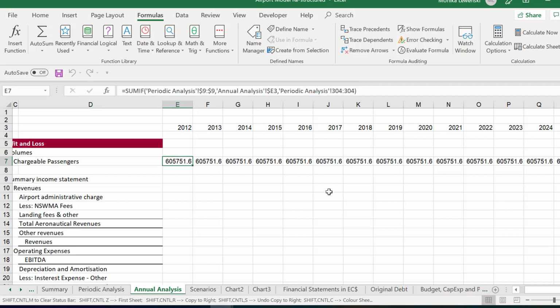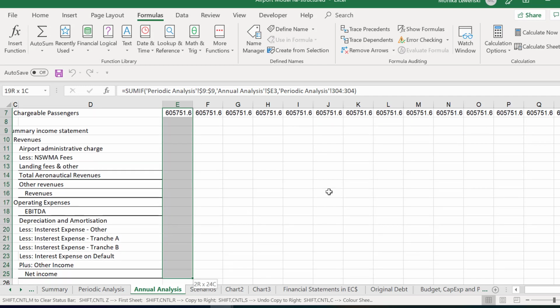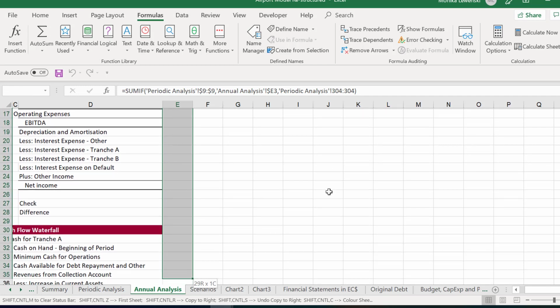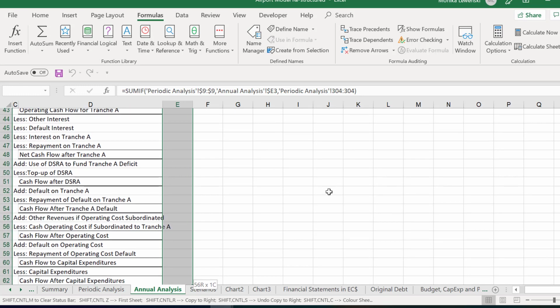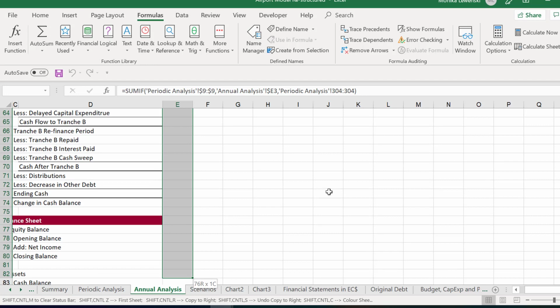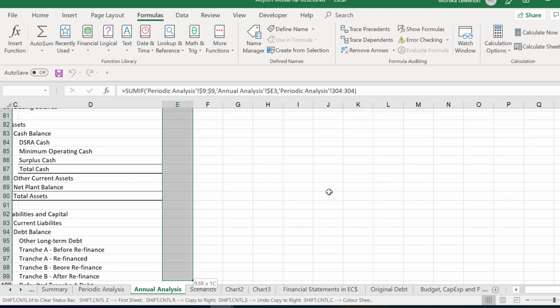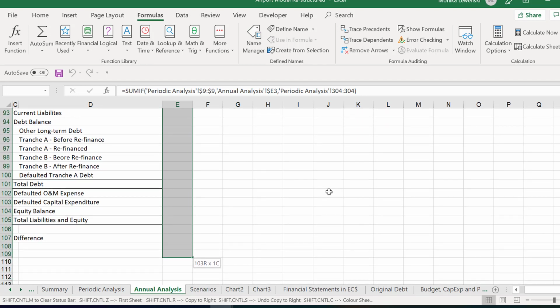Well, this looks bad. Okay. And then I'm copying it all the way down to the bottom. Now, when we have balance items, we're going to have to do something a little bit differently.